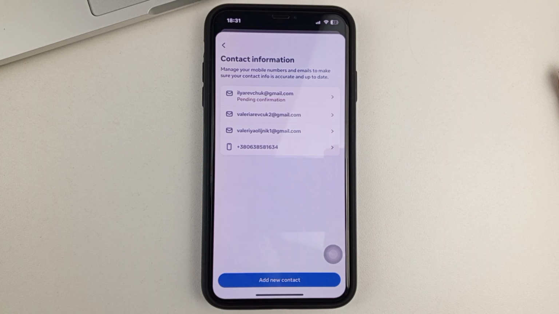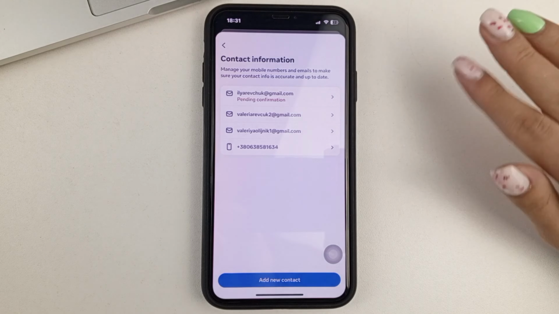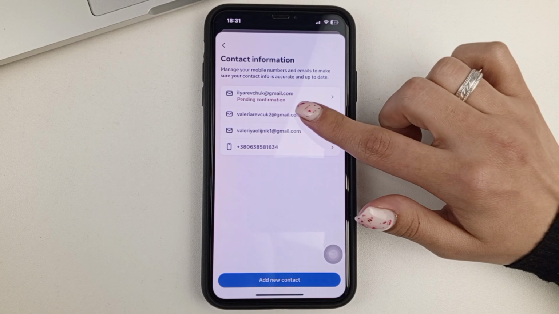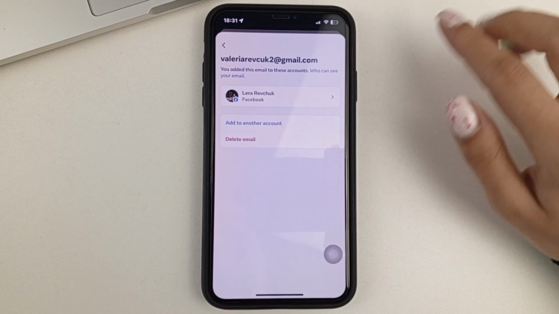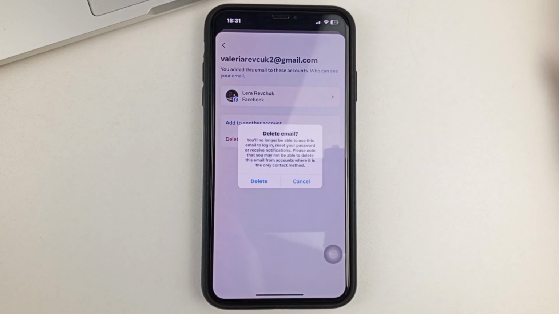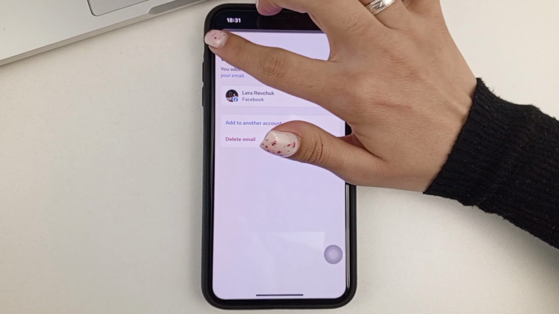If you want to delete an email, you already have several of them, let's say, and you want to delete one of them, then you click on email. Then you click delete email, and then you confirm what you've done. And next you'll be asked to do two simple things. It's to enter your Facebook password. And you'll also be sent a code, probably in an SMS, for you to enter it and confirm your identity that it's really you. After these actions, your email will be deleted.